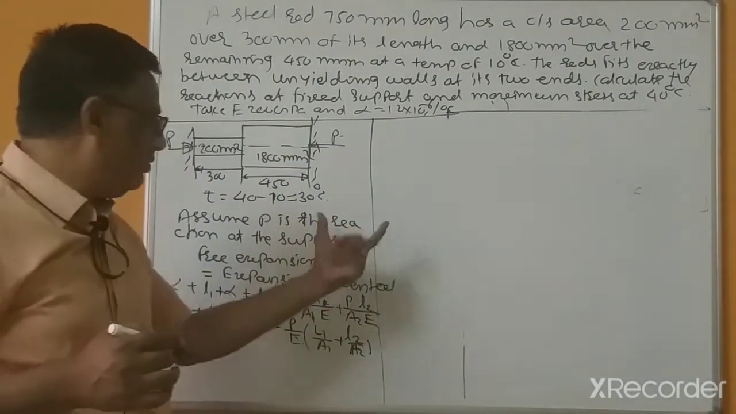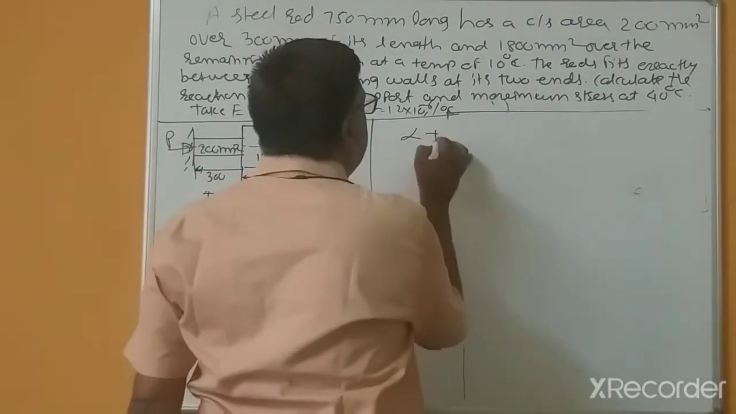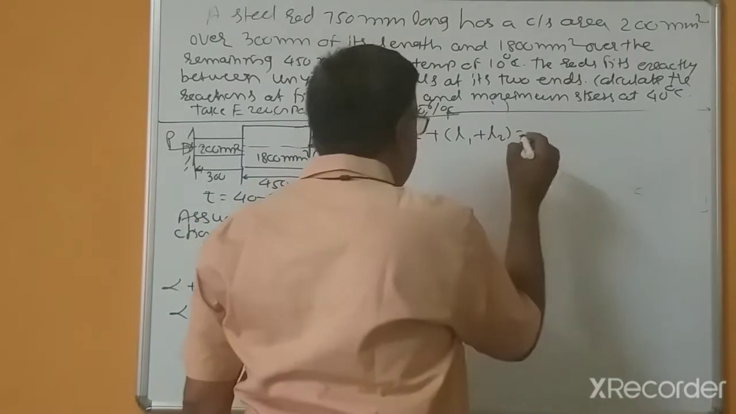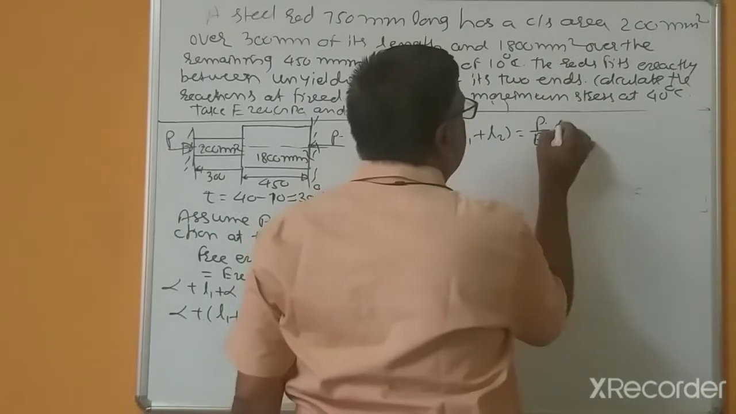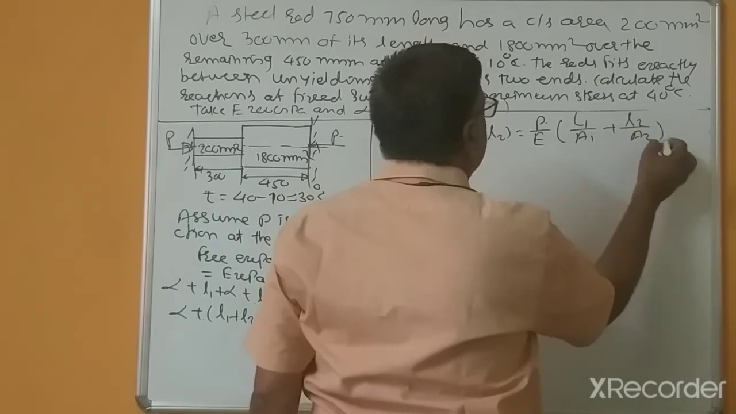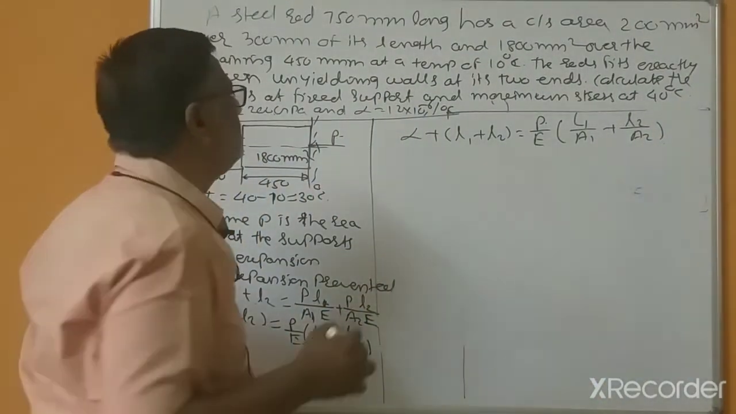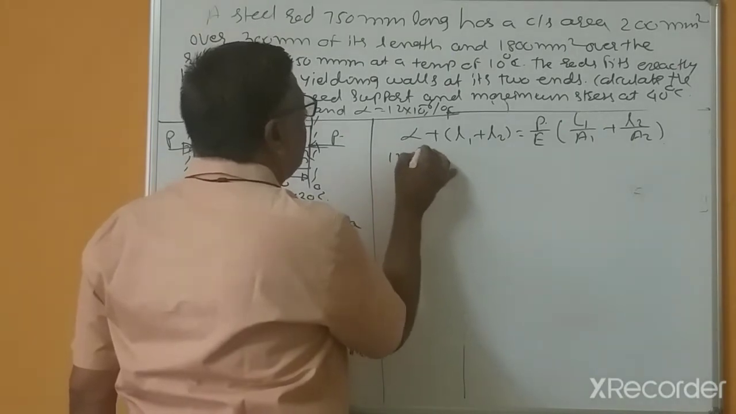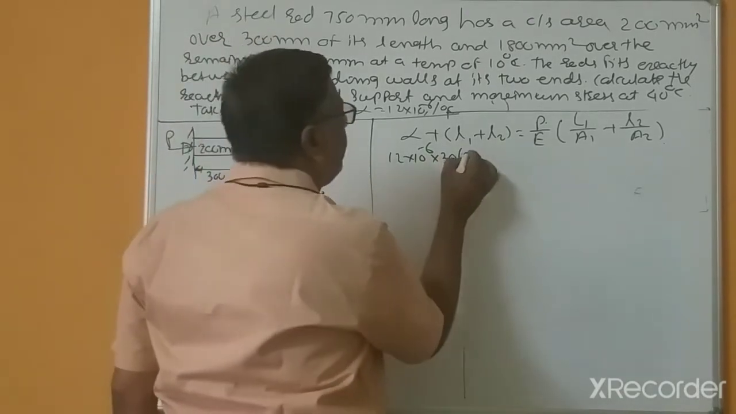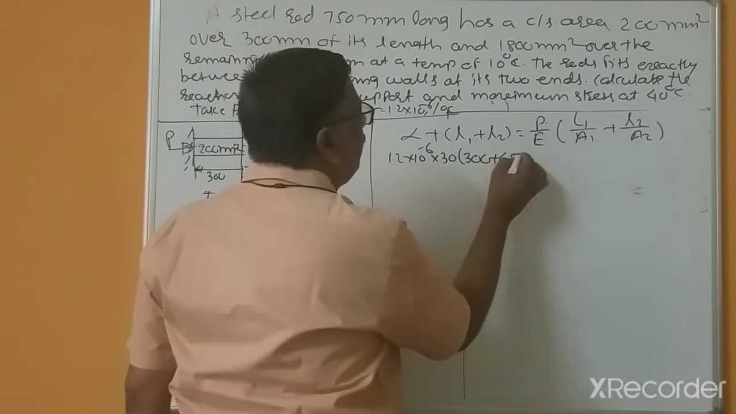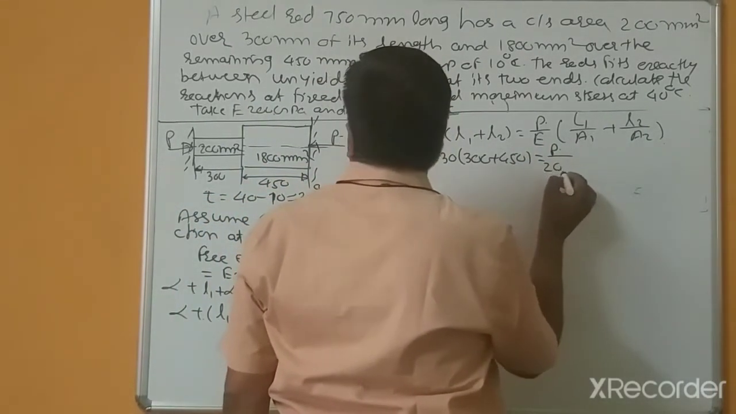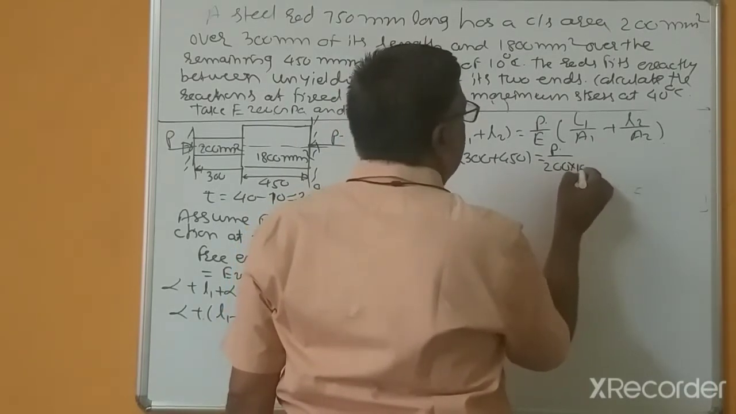Same equations I am rewriting as alpha T L1 plus L2 equal to P into L1/A1 E1 plus L2/A2 E2. Now alpha is given as 12 into 10 to the power minus 6, rise of temperature 30 degrees, L1 is 300, L2 is 450, P is to be calculated, E is 200